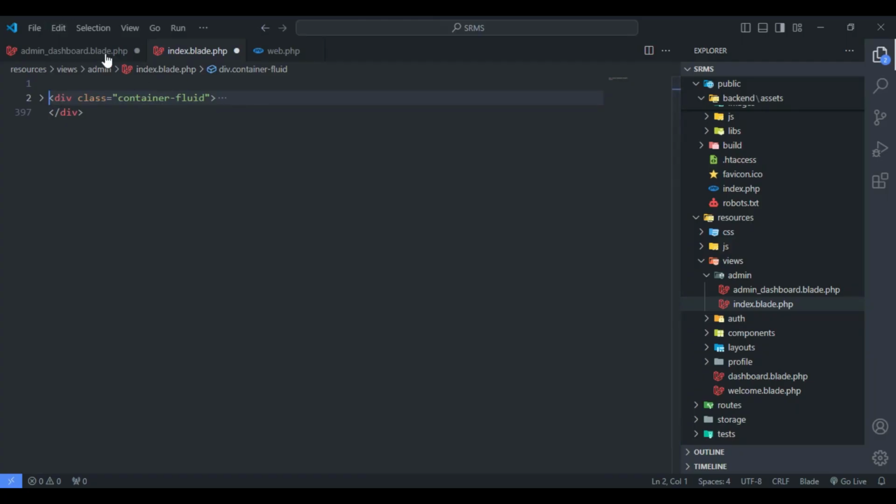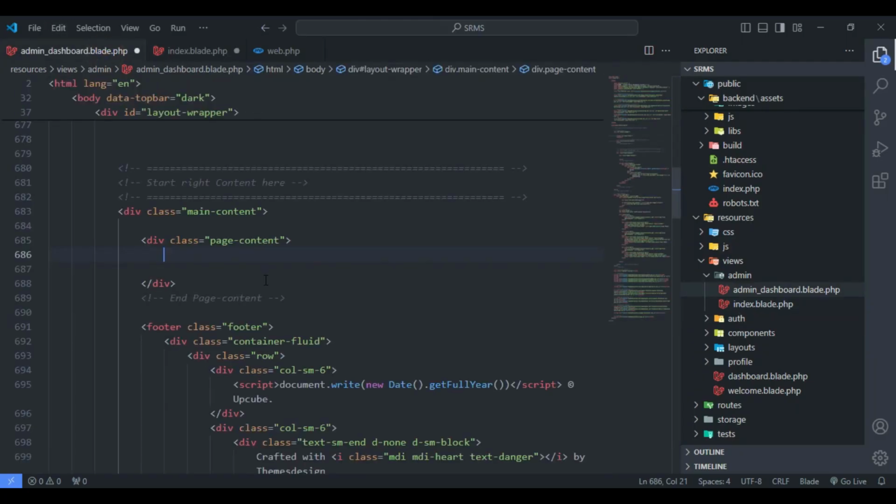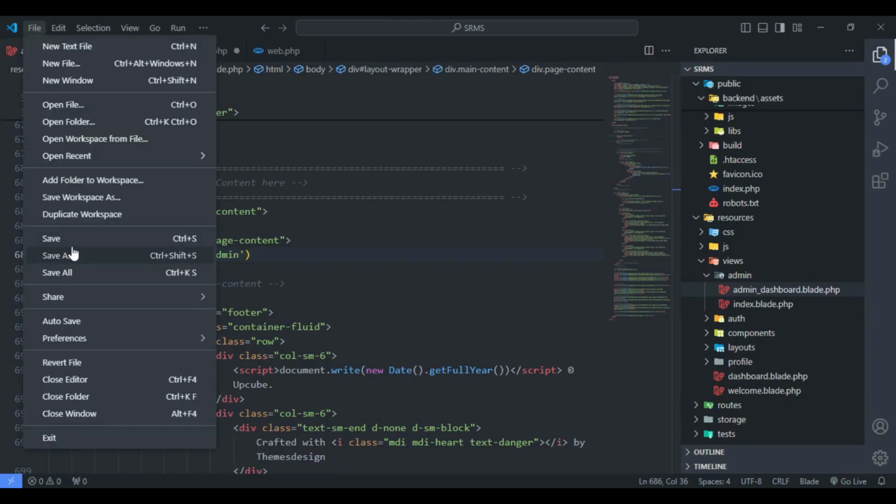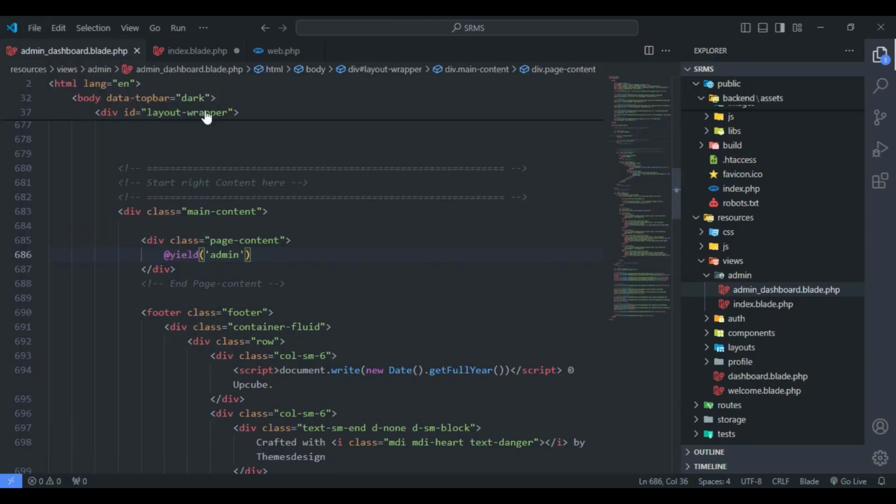And let's go back to our main dashboard. And in place of the code that we've just cut in the main page content container, let's go ahead and use the yield blade directive. Let's say yield, enter, and then I'm going to give it a name. Let's say admin. And then let's clear the space like so. Let me go ahead and save this, save all. And then let's get back to our